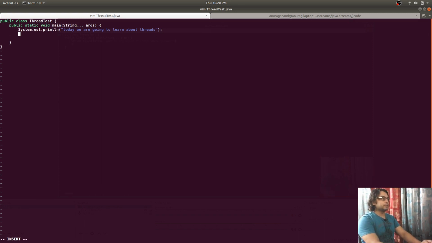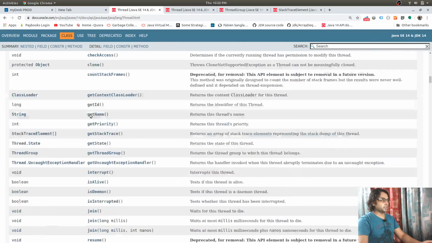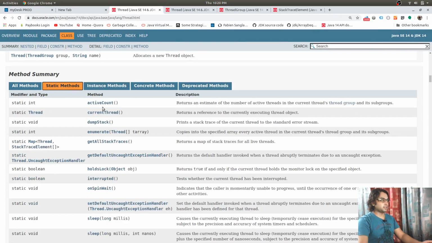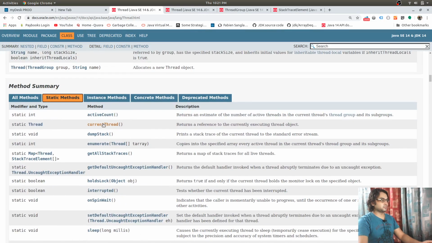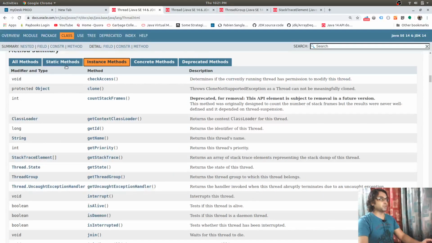So let us get some information about that thread. We can go to the static methods, like currentThread. This is the static method that returns the current thread object to us. We can use this currentThread static method to get the thread object, then we can call the instance methods on that object.